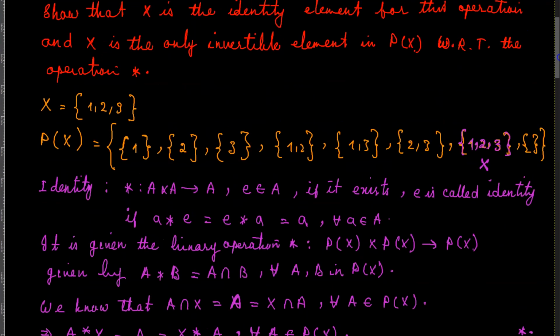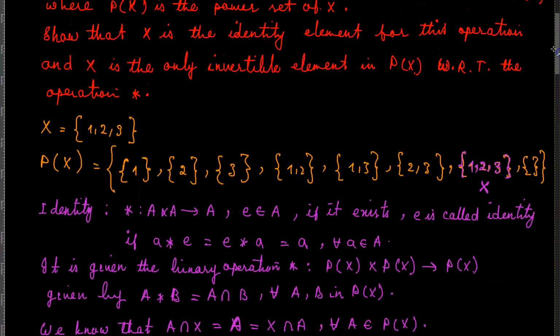So what that means is that, for example, if I take any of these elements in here, let's say this element, the set, for example, {1, 3}. Now, if I take the intersection of this set with any of these sets, I'm not going to get this set X over here. And even if I take the intersection of this set with itself, still I'm not going to get the set X over here. The only way that I'm going to get set X over here is if I take